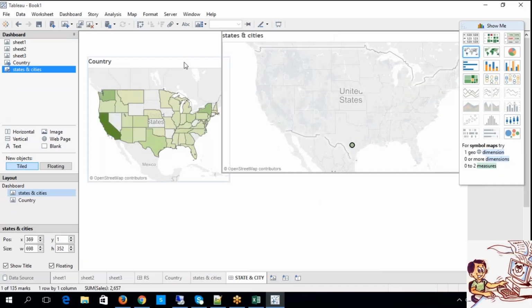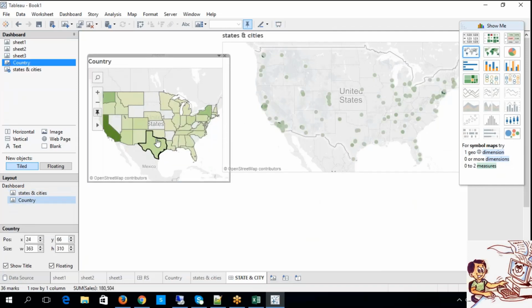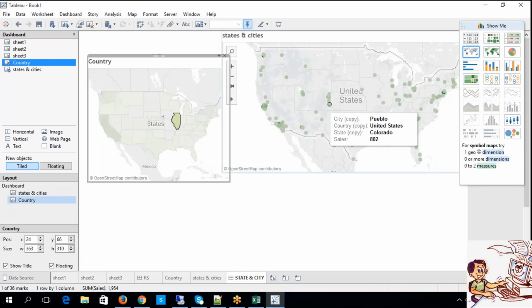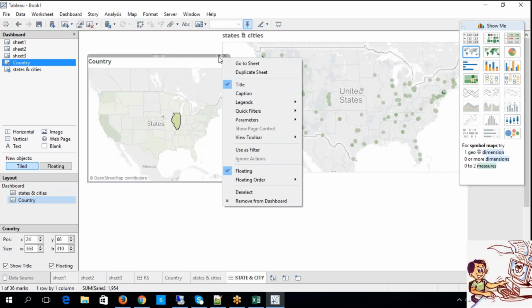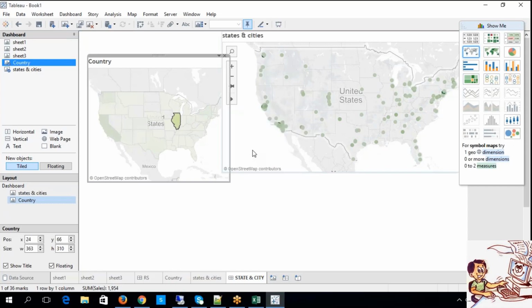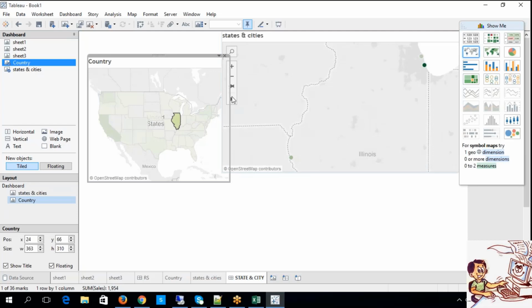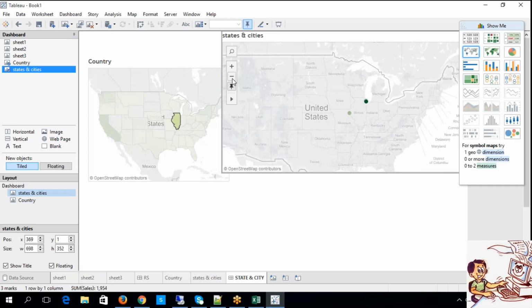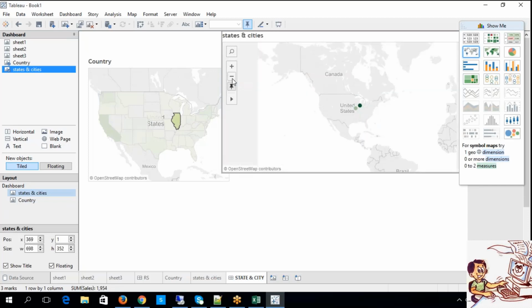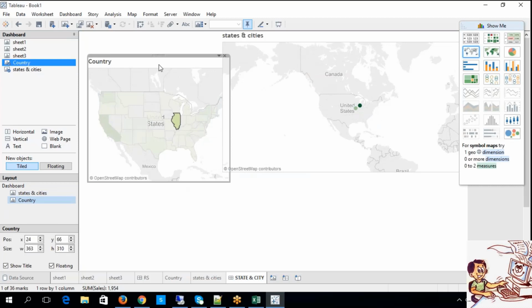Now look at this. So what am I going to do now? The moment I choose a particular state, it has to show me all the corresponding cities, isn't it? But it is not happening here, because look at this, guys. Select a particular element. What is this, guys? Use as filter. I'm just dealing with the sizing of this. So you are applying a filter on what? Use as filter on country.